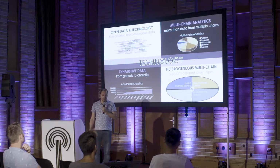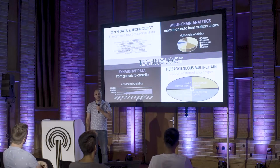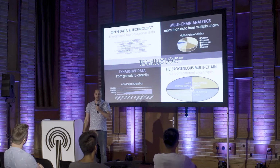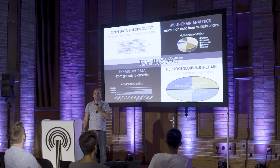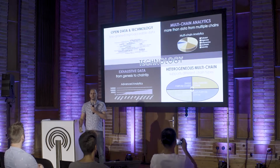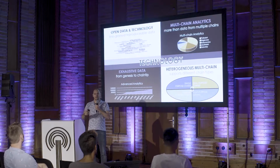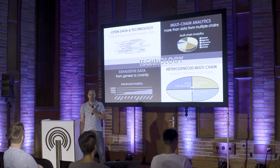So Substrate is a very important technology that Parity Technologies has developed, which is a development framework that allows you to build all sorts of blockchains. If you develop your blockchain with the Substrate development framework, then you can have Polkadot compatibility, which means you can have interoperability between all these blockchains. Our Block Explorer technology